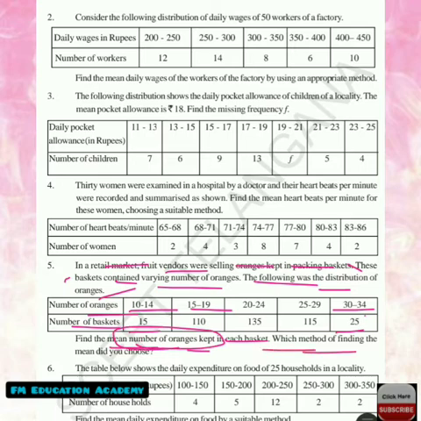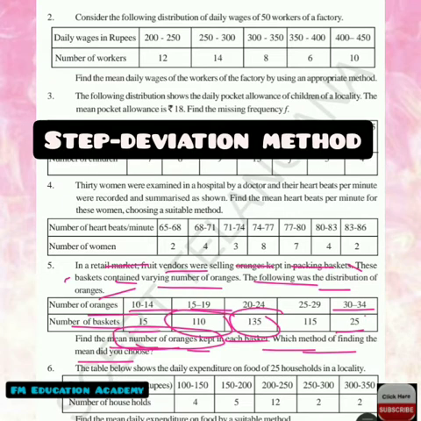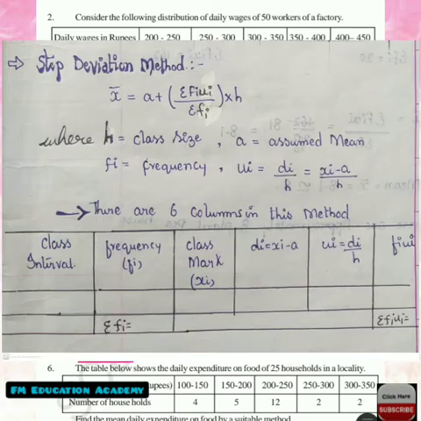Which method of finding mean did you choose? Since here I have 3-digit numbers, I am going to use the step deviation method. In the step deviation method, remember we have totally 6 columns: class interval, frequency, class mark, di is equal to xi minus a, ui is equal to di by h, and fi ui. Find sigma fi, find sigma fi ui, and then substitute the values of a, sigma fi ui, sigma fi and h in the formula of mean x bar is equal to a plus sigma fi ui by sigma